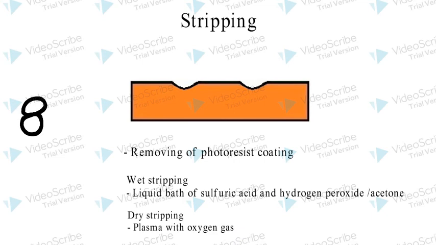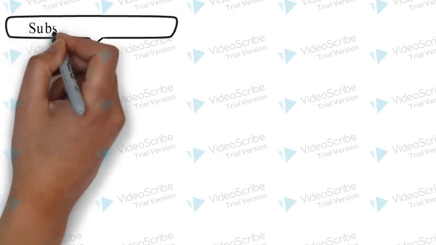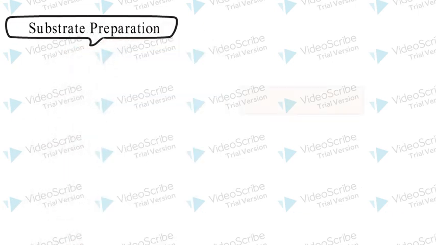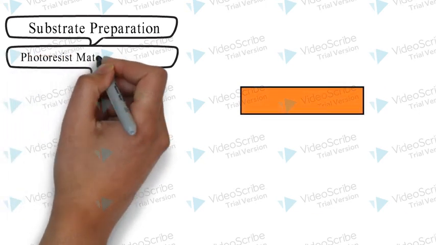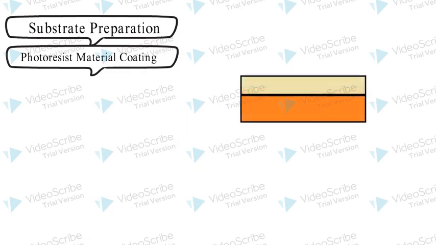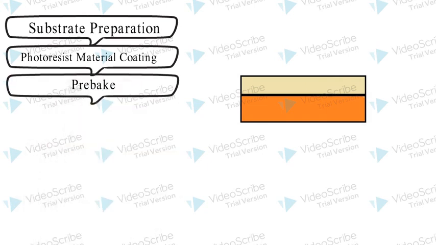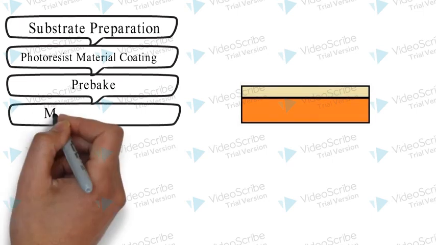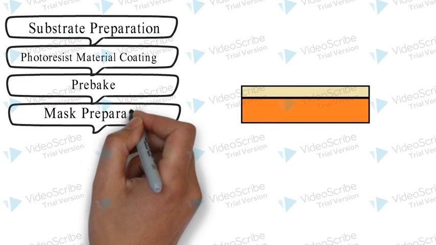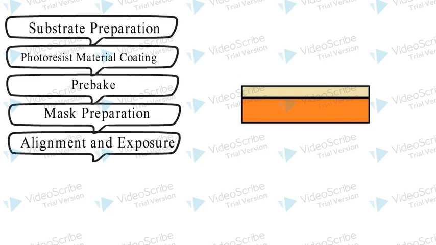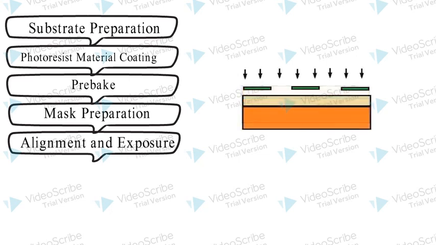As a quick revision of all the process steps involved in lithography, the substrate is prepared, that is, it is thoroughly cleaned using a robotic handling system. Then a coat of photoresist is applied using the spinning method. Then this coat and substrate is baked for the photoresist to harden and stick to the wafer. Then the mask is prepared, which is a hard copy of the pattern we want to machine. The mask, photoresist coat and wafer are subjected to exposure through the UV source by aligning them properly.